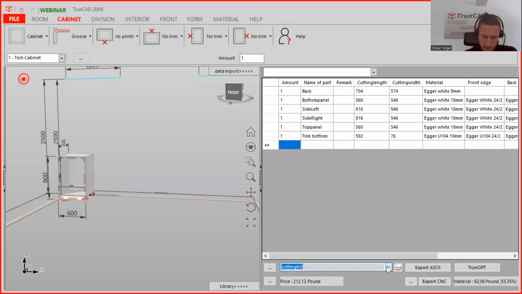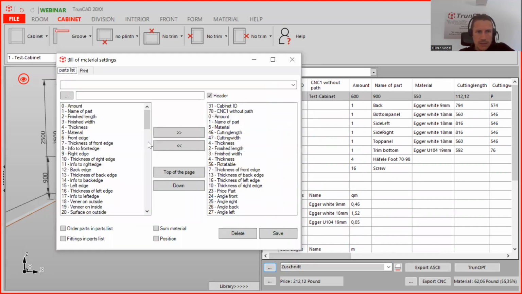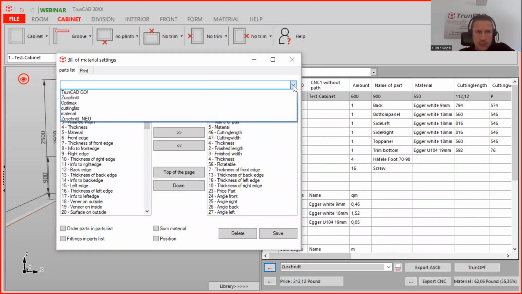And when you choose here a different one, it's appearing here. So you see here also is now the name test cabinet. So let's just start with a new layout. Therefore, we click here on the 3-dot button, and you can choose an existing one, like